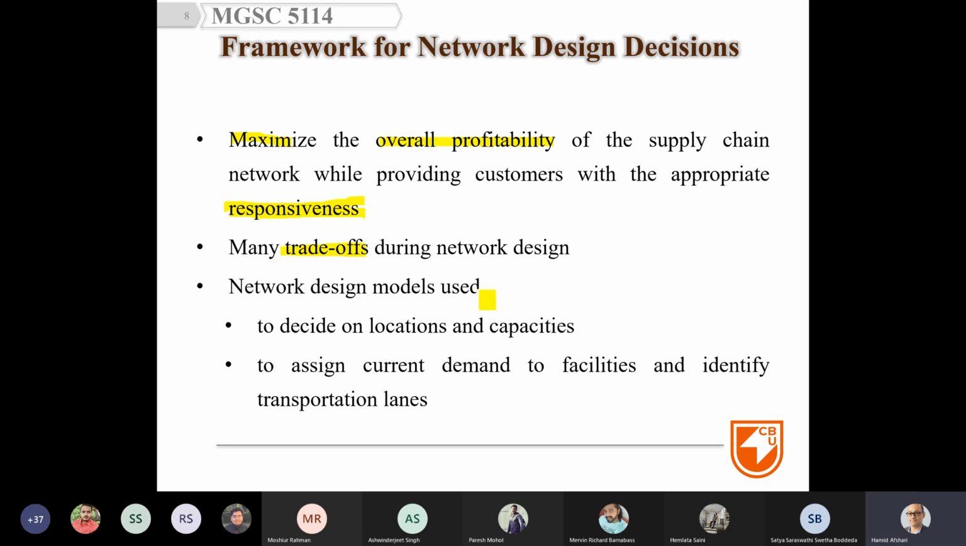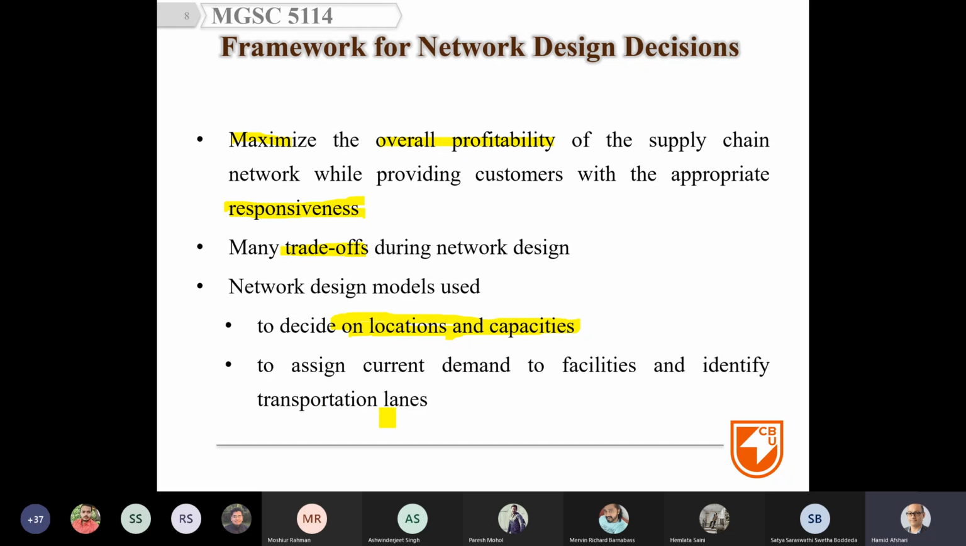Network design models are used to decide on location and capacities. Okay, where should we establish? How should be the size of that? Okay, capacity means the size of that. For example, size of warehouse, size of production facility, size of store, and also assign current demand to facilities and